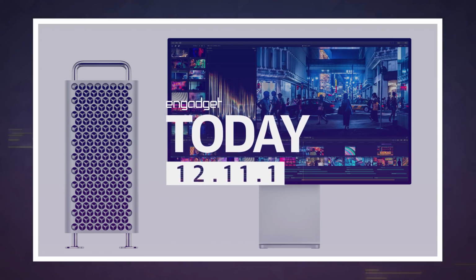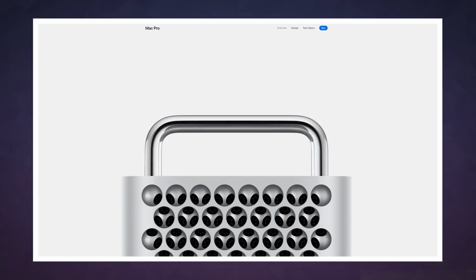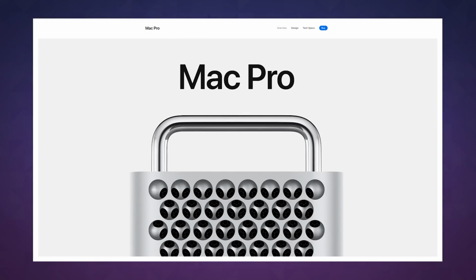So yesterday, Apple's redesigned, revamped Mac Pro went on sale. Or I guess I should say finally went on sale, since we got our first glimpse of this thing back in June. In any case, this is Apple's first significant pro-level desktop upgrade in a long time, and it wasn't long at all before people on Apple's website started building some truly obscene configurations. At the very top of the list is the pinnacle of Apple desktop performance, a $52,000 Mac Pro,